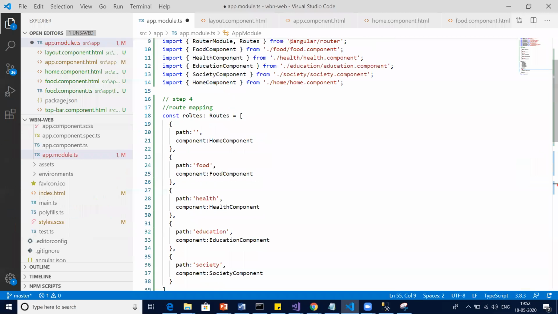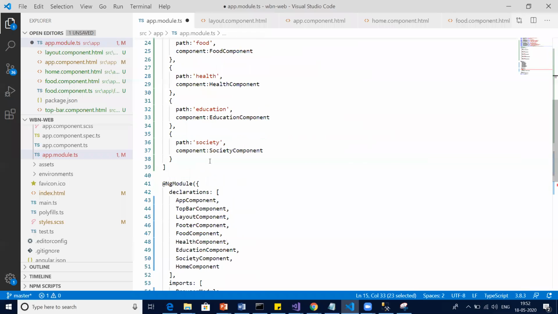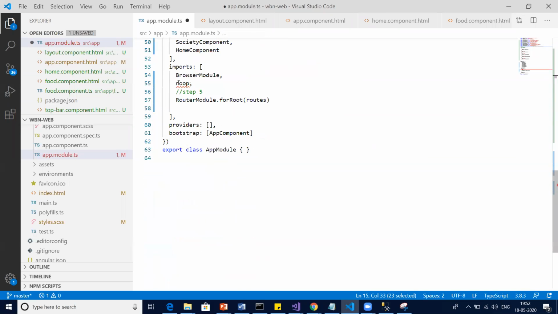Let's add BrowserAnimationsModule only. Now we'll see whether it shows or not. BrowserAnimationsModule is important so that animation features can be added to the project, so that we can use animation features like fade, and all the animation directives like trigger, transition.